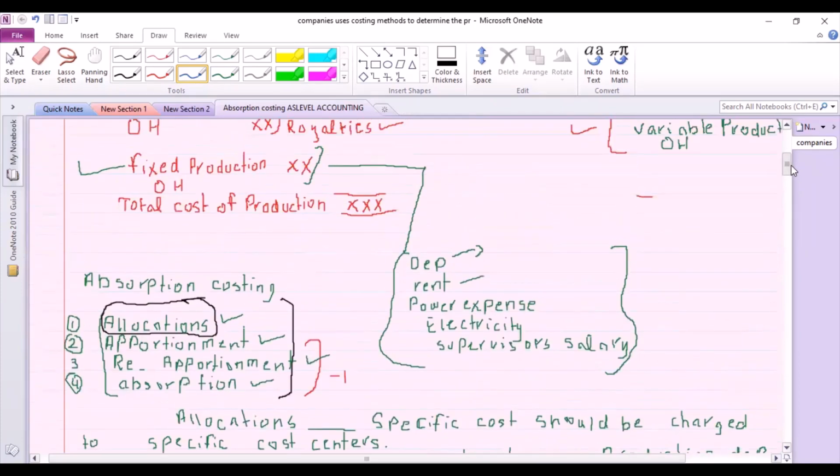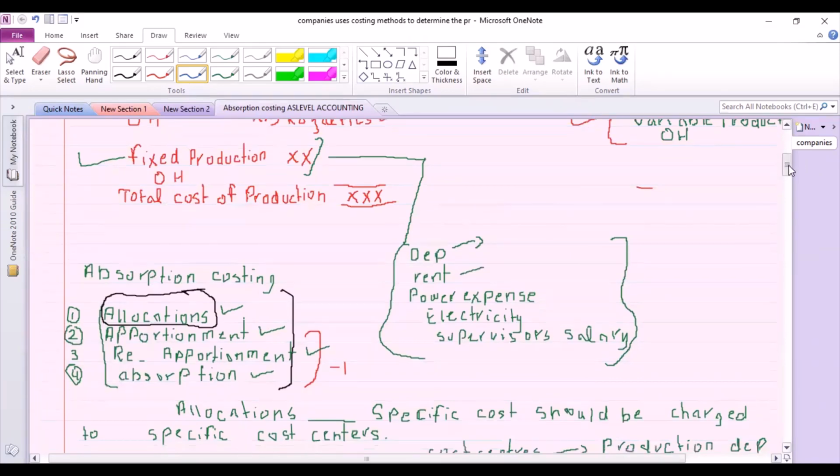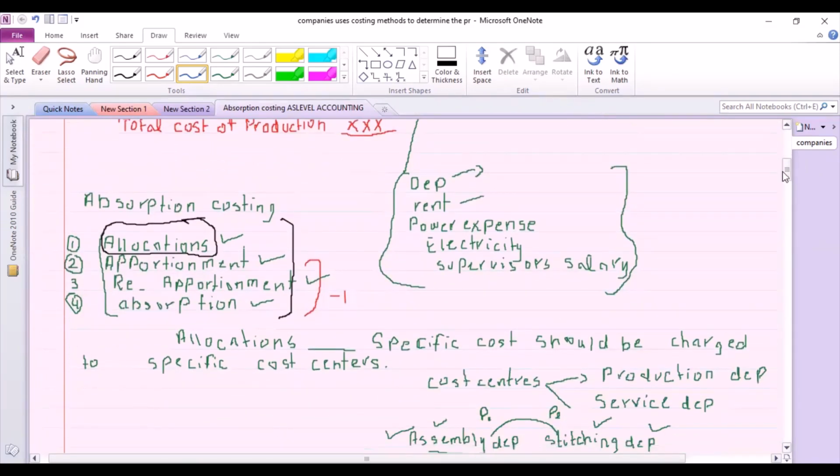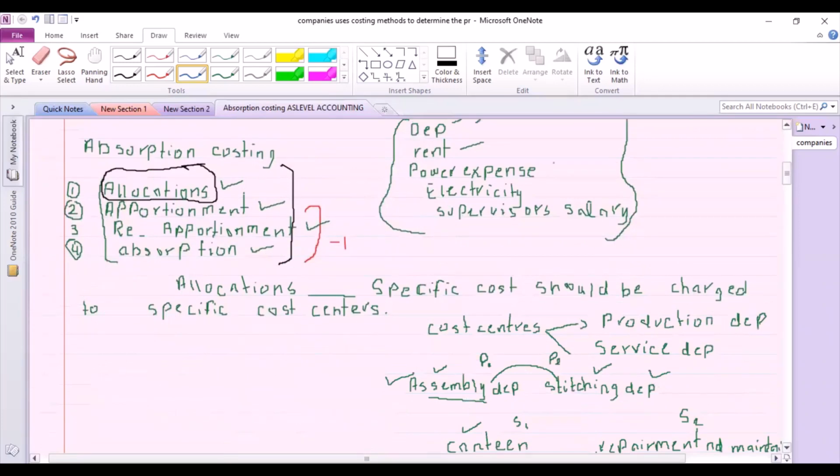Because it is very difficult to trace fixed production overheads to each and every product. So that is why absorption costing gave us 4 steps. The number one is allocation, then apportionment, reapportionment, and absorption. Allocation means you just